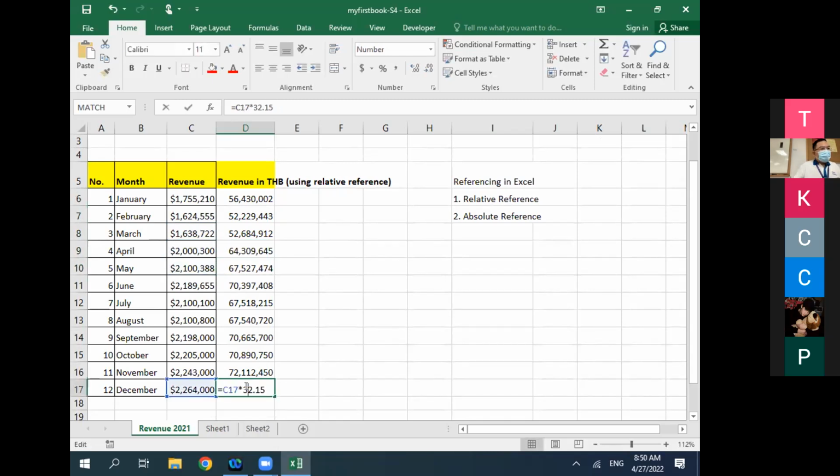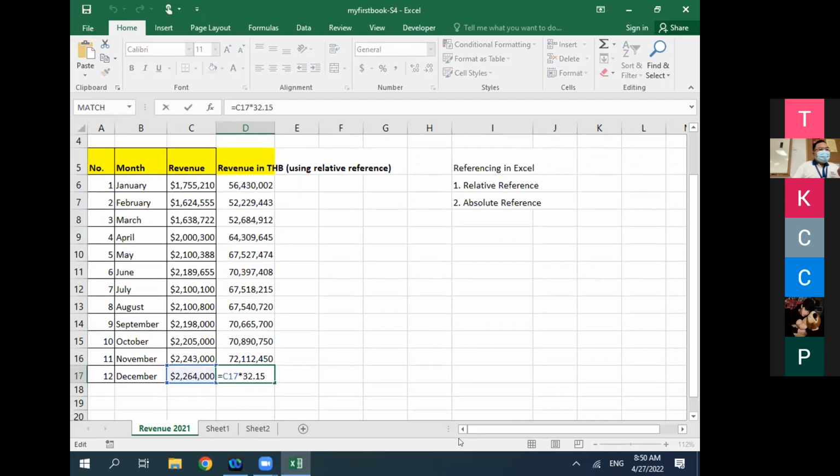C10 and so on. Let's move on to December's revenue. It's C17 times 32.15. You can see that the term times 32.15 is the same for every sale, but the first term of the calculation changes from C6 to C7, C8, until C17. This part we call relative reference, because whenever you copy that formula down to a lower row,